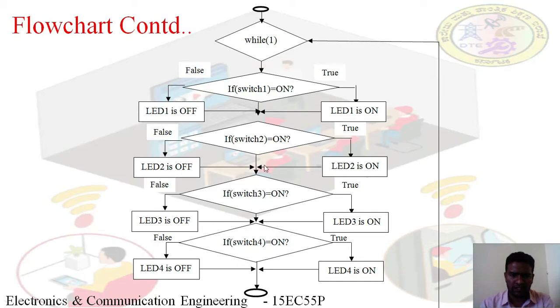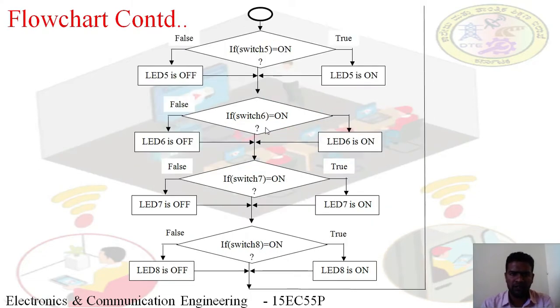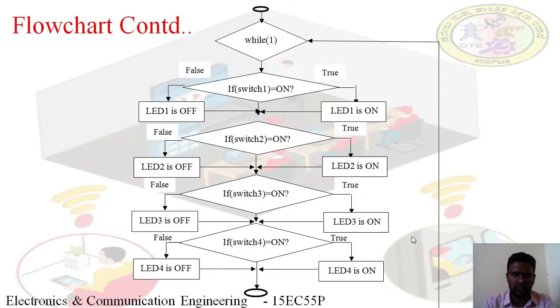After checking switch 2, it will come to switch 3, and next after checking that, it will go to switch 4. The same way it will check switch 5, switch 6, switch 7, switch 8. After checking switch 8, whether the condition is true or false: if it is true, it will switch on LED 8. If it is false, it will switch off LED 8, and it will go back to the infinite loop again